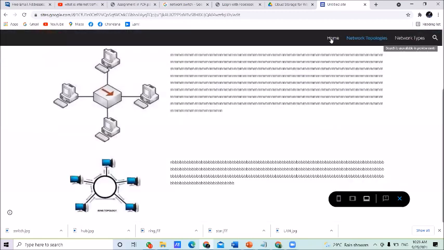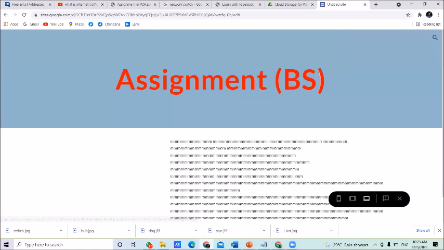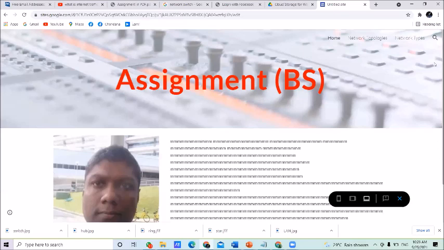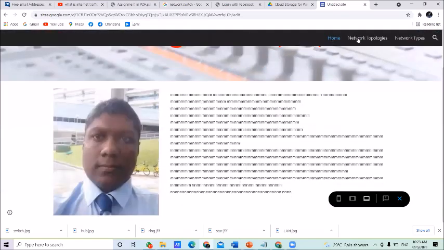This is your home page here. Click on the home page. Directly you are moving to the network topology page. This is the first page of the assignment, your home page here. Your menu appears at the top: home, network topologies, network types, like that.